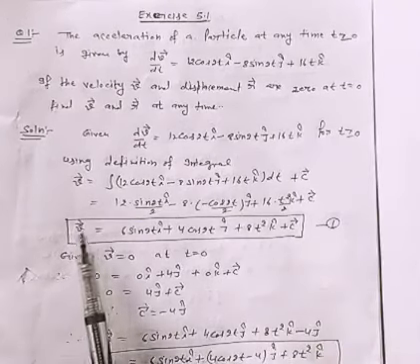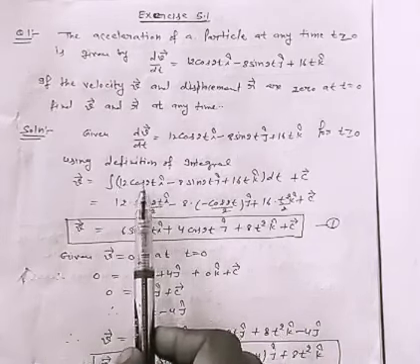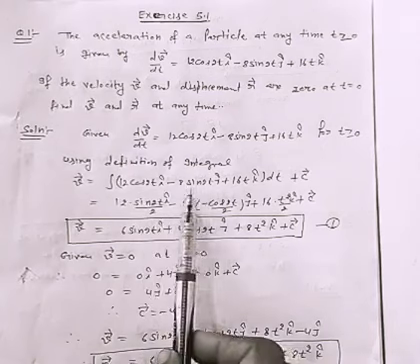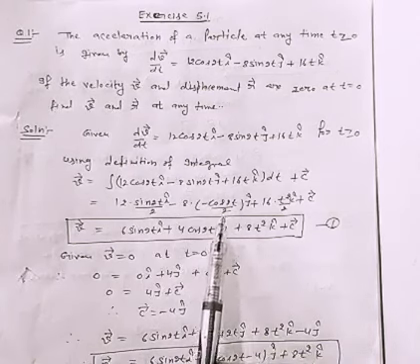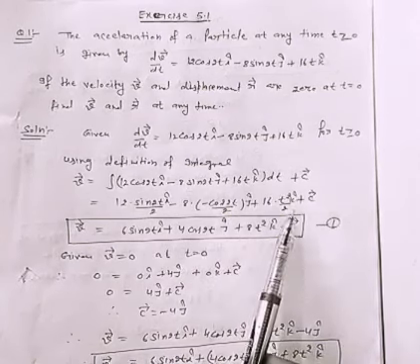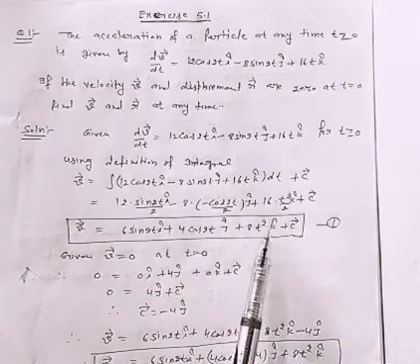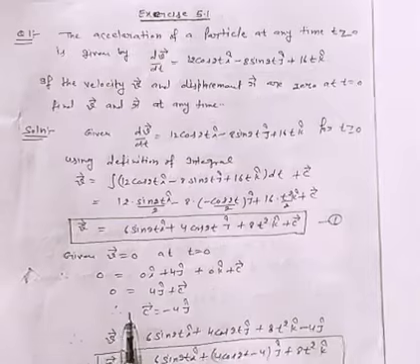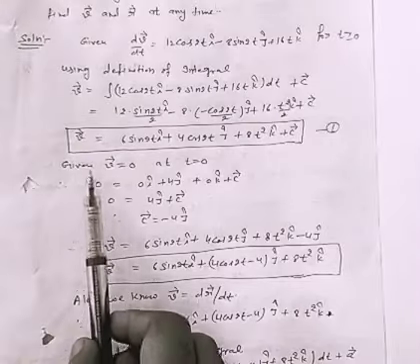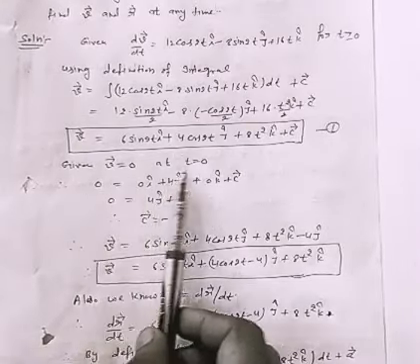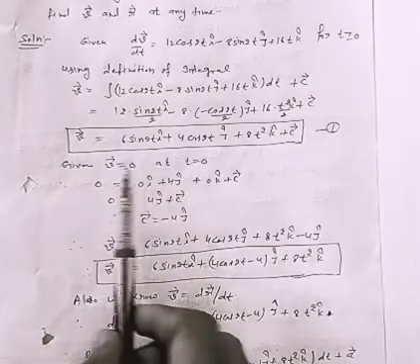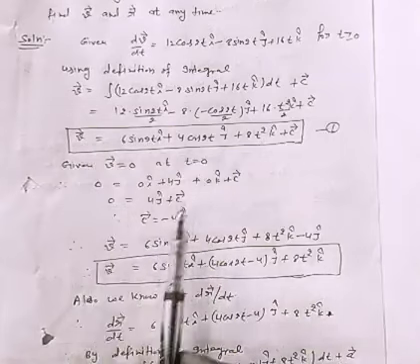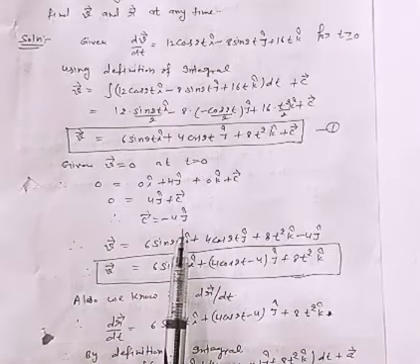So here v is equal to, after integrating, the integration of cos 2t, sin 2t by 2, the integration of sin 2t, minus cos 2t by 2, the integration of t square by 2, and after calculating we get the value of v vector. But here it is also given that the condition v vector is equal to 0 at t is equal to 0. So putting v is equal to 0 and t is equal to 0 in equation number 1, we have c vector is equal to minus 4j.